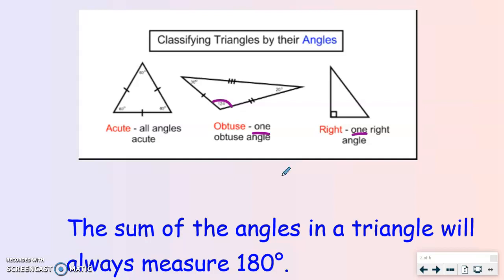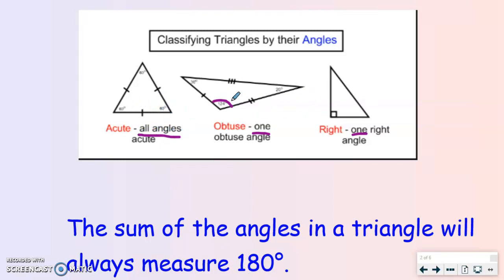That'd be impossible. Same thing with the right angle. If you have one angle that is 90 degrees, that only leaves 90 degrees for the other two angles to share between them. With the acute triangles, though, all the angles have to be acute or smaller than 90 degrees